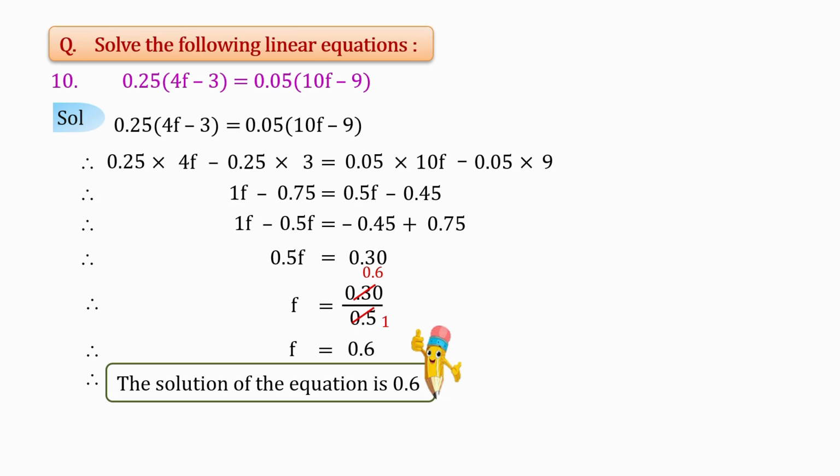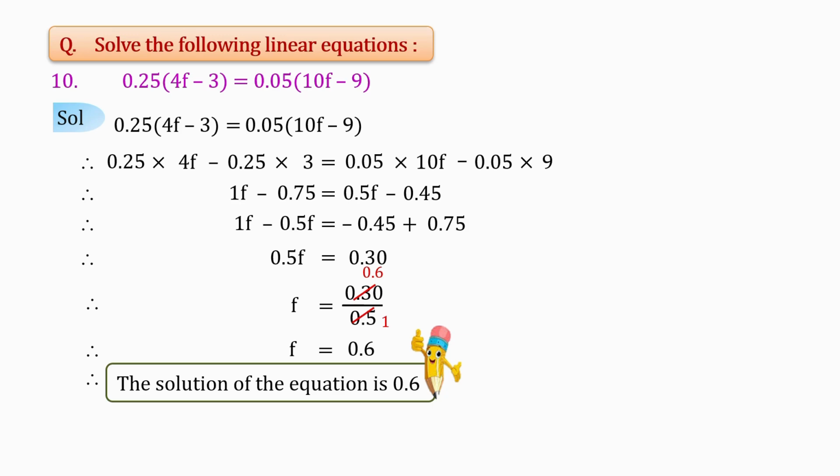Now in this step, let me tell you, 0.30 by 0.5, if you get confused, then what you can do is first remove the decimal point. So 0.30 can be written as 30/100 and 0.5 can be written as 5/10. So in this way you can write 30/100 divided by